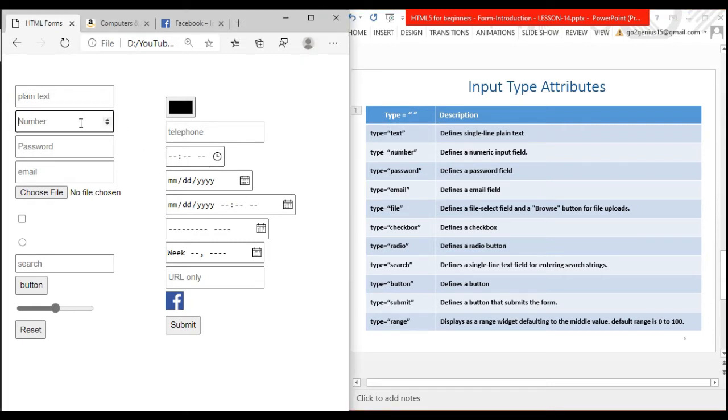You can see here when I type the alphabets here, it will not accept. It accepts only numeric values, or you can increase with a click on the up down arrow.